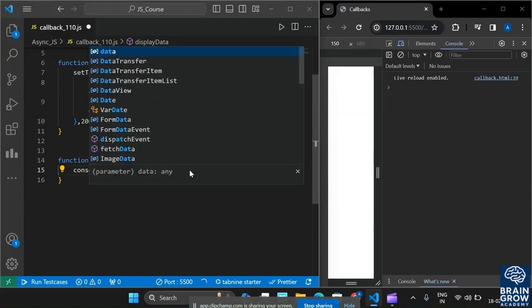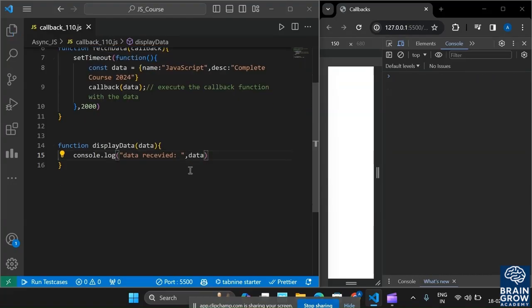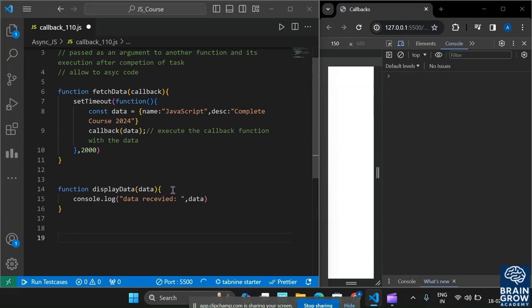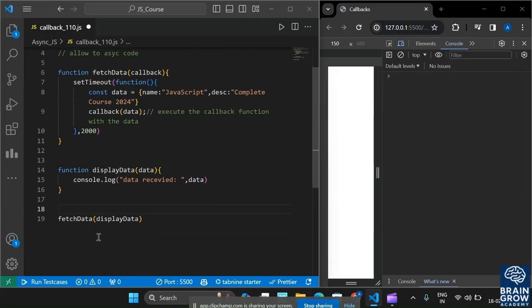So here use data, and after that let us call the callback function. We need to call this function fetchData, and inside we need to pass this displayData. So here call the fetchData function with the displayData callback,